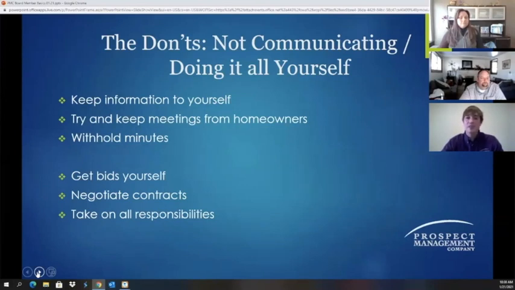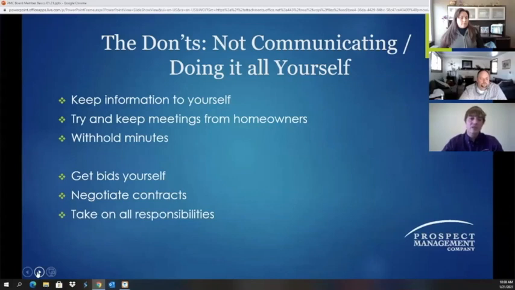It's okay to get bids, but you want to make sure that the entire group is informed as far as getting bids, and utilize your manager again to get those bids. We have a lot of great vendor contacts we work with regularly, so utilizing your manager to get bids is extremely helpful. When needed, you may want to have an attorney review them if they're very large contracts or projects, to make sure that all the language is in there. But again, your manager has been through this process, so please utilize them whenever possible to make sure that your bids are fully equipped with everything needed.